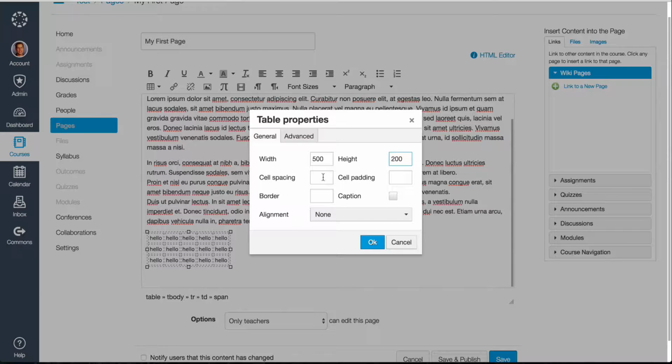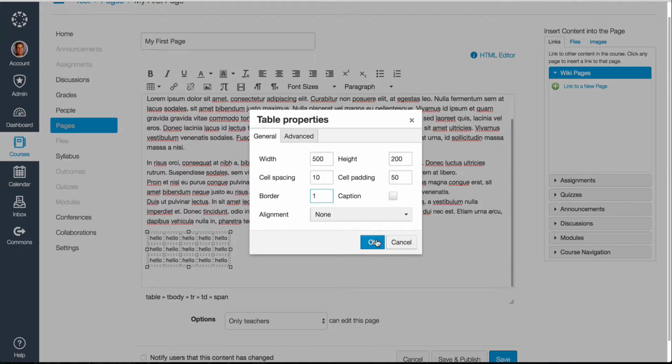You can also add cell spacing. This is outside of the cell, so each box in my table is a cell. And this will add a buffer of 10 pixels outside each box. I'll show you what that looks like. Cell padding is on the inside of the cell, so that means how far the text or the content in the cell is from the border of the cell. So I'll make that one larger so you can see it. I don't know if that'll give me enough space. I want a border on each box of 1 pixel,